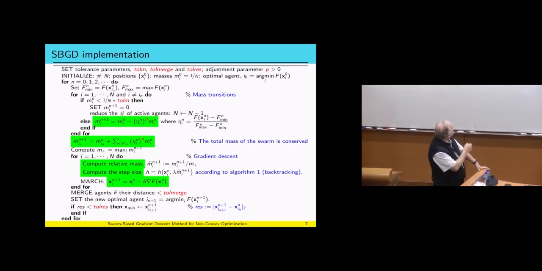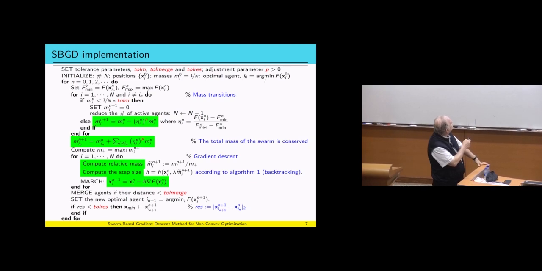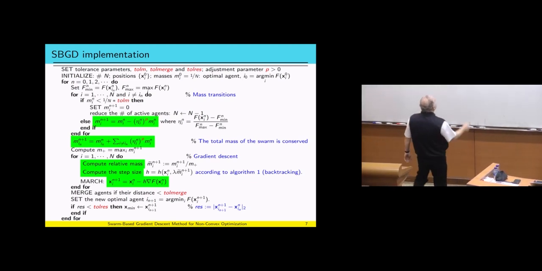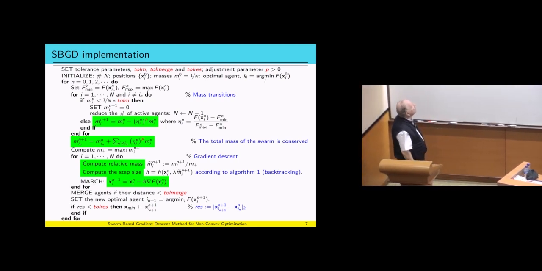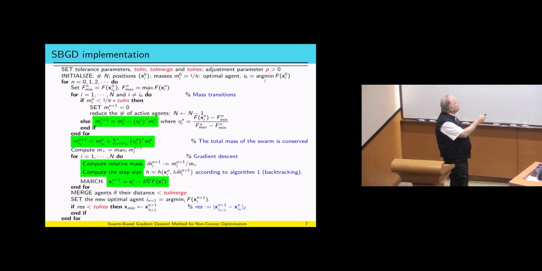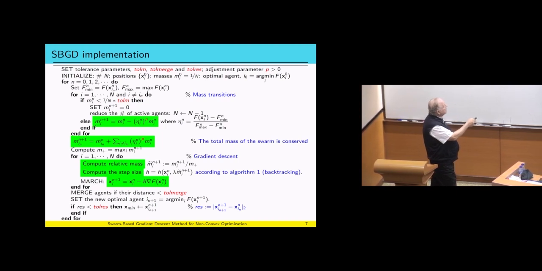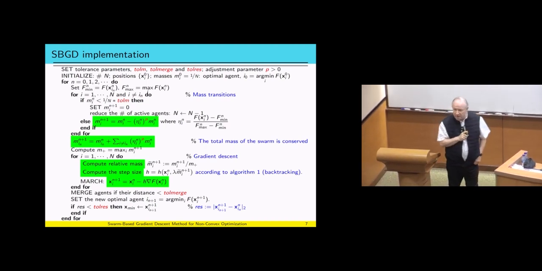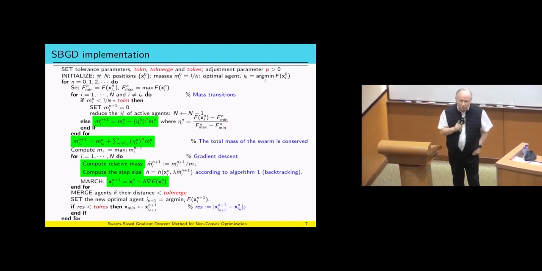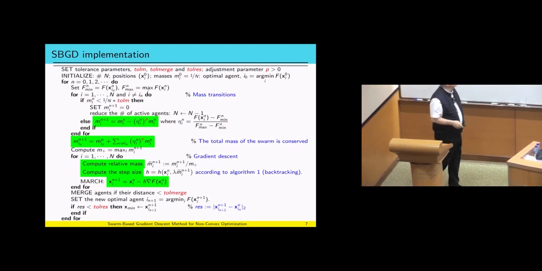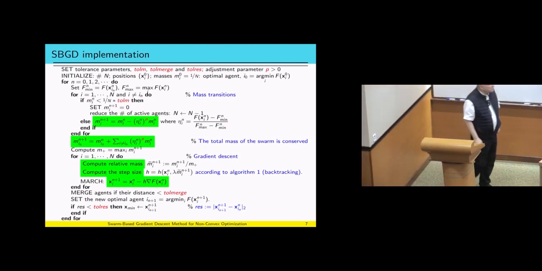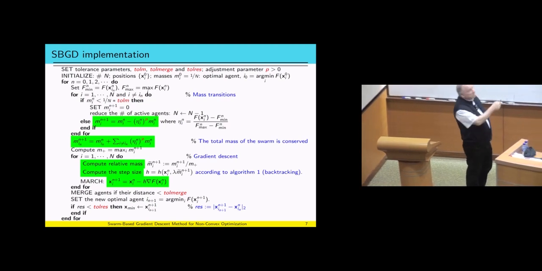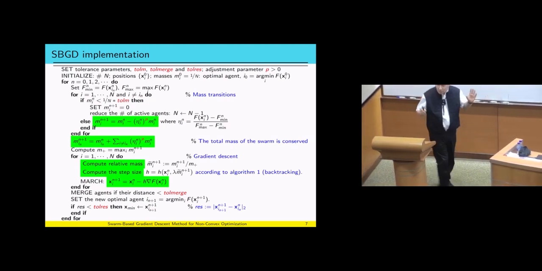And then all these masses that were shed from different agents move to the agent which is the current minimizer. Once we have this rearrangement of masses, we take a step, and the step is in the gradient direction with a step size h, which is dictated by the backtracking algorithm, which I'm going to describe in a second. I still did not tell you precisely the protocol for the step size, but it depends on the mass. That's important. And this is it. This is what you see here, nothing more than this one step.